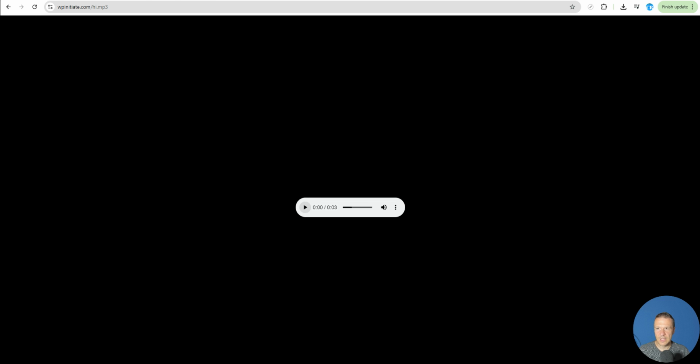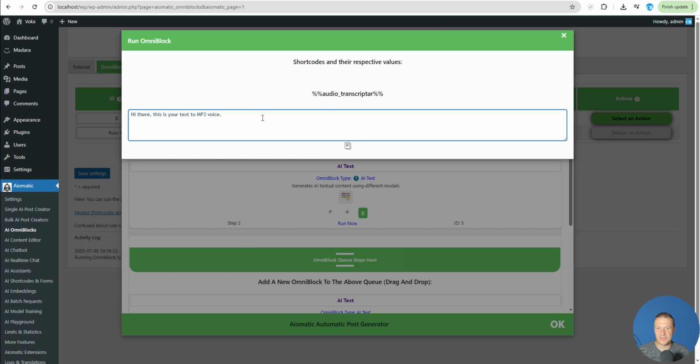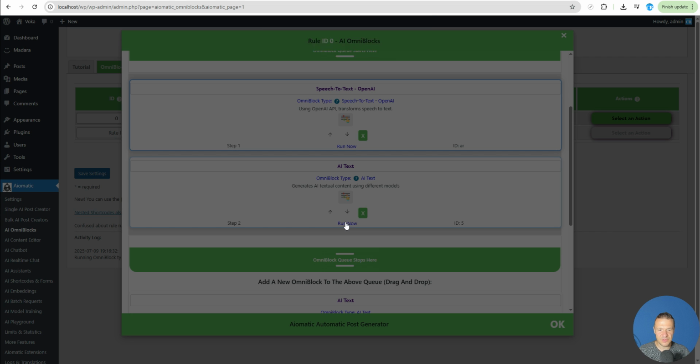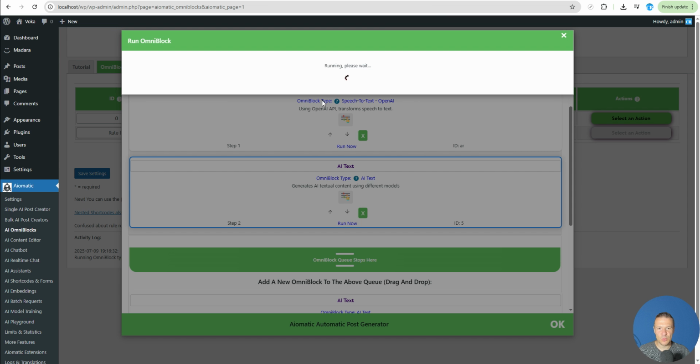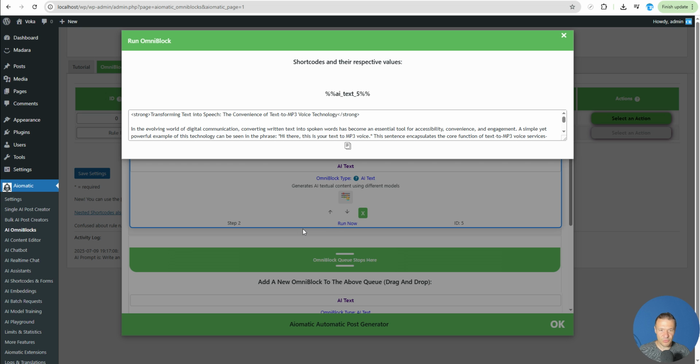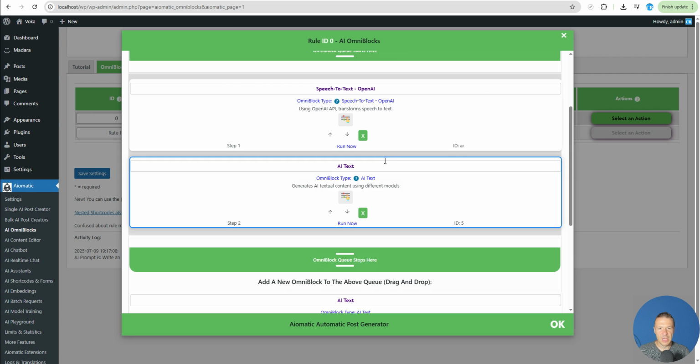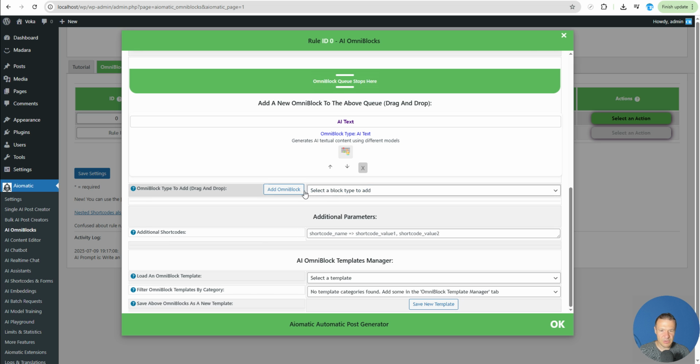Okay. So as you can see, this is the transcript, and we can also run this, for example, and the AI will generate an article based on this text. And keep in mind, you can create posts using transforming text into speech, the convenience of text to MP3 voice technology. So this is just an example article that the AI wrote,